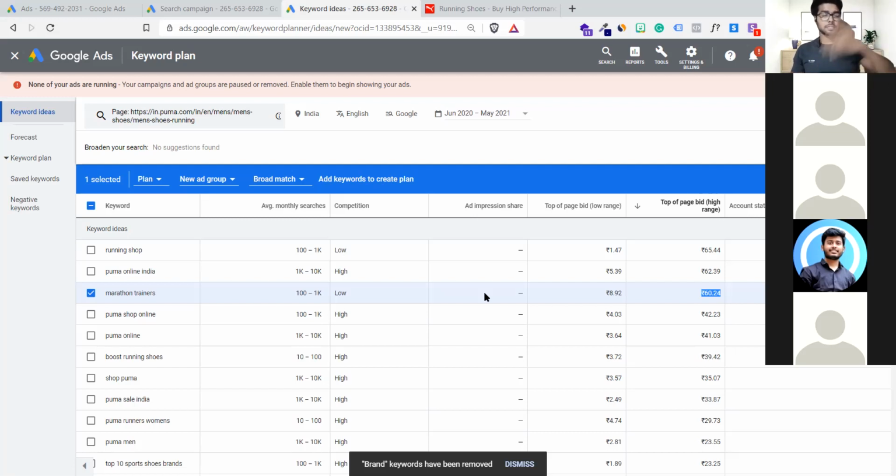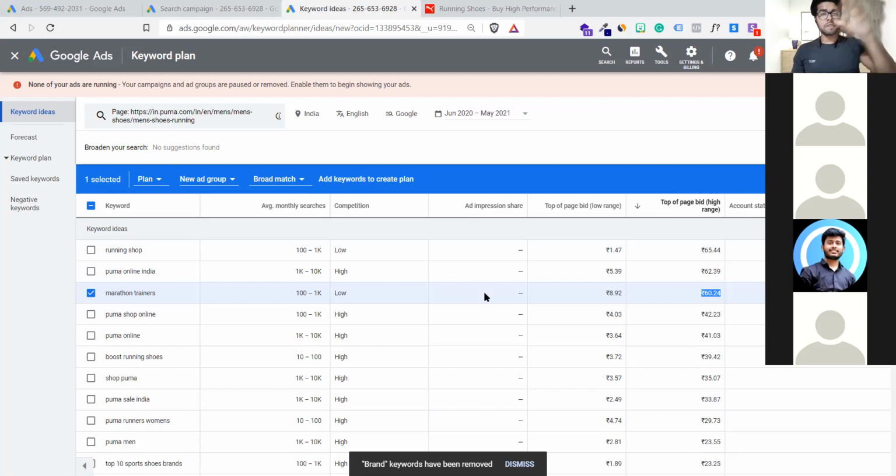But let's not cater to this. Let's be on the technical side. First thing, suppose I've searched on Google for best running shoes in India. Now one Puma shoes ad comes up, and I click on it. The moment I click, I notice there are no Puma shoes, there is some other brand. I will come back to the previous page. So I immediately close the website. It will decrease my quality score again. It will also affect my click-through rate, because the bounce rate is now super high. Now Google Ads will give me a very poor quality score, like 3 out of 10, 2 out of 10.